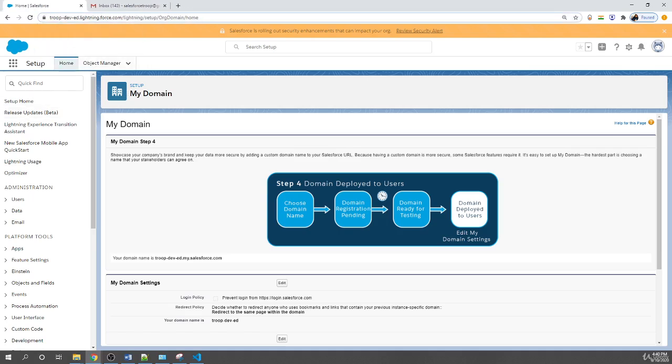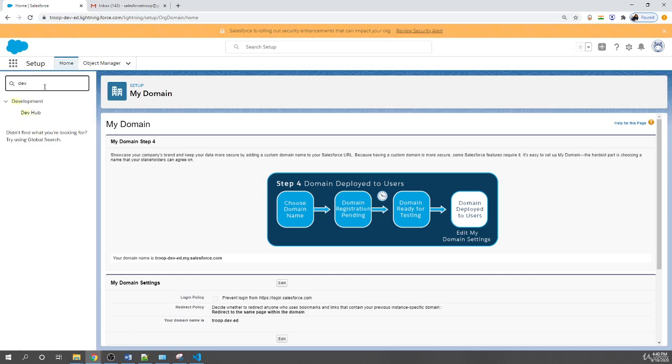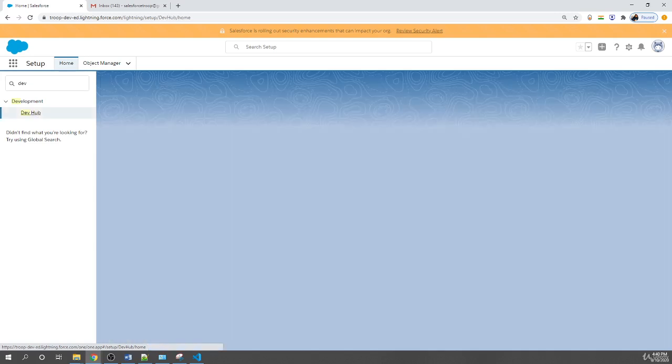So the next topic is DevHub. We need to enable the DevHub so that we can create the scratch org. Go back to the Quick Find, where you will find everything in the search box. Search DevHub, and under the Development option you will see the DevHub option. Click on DevHub,